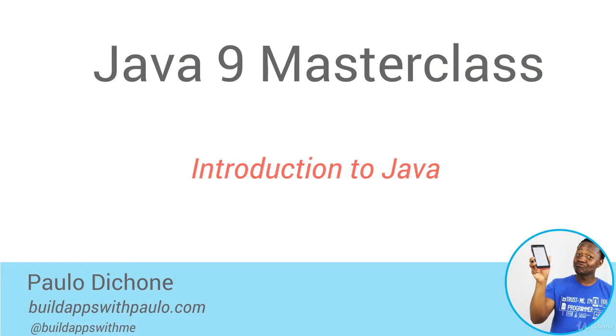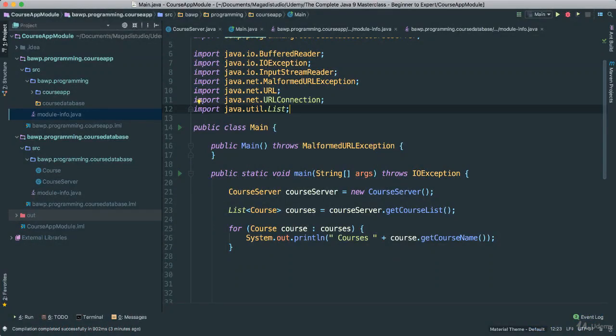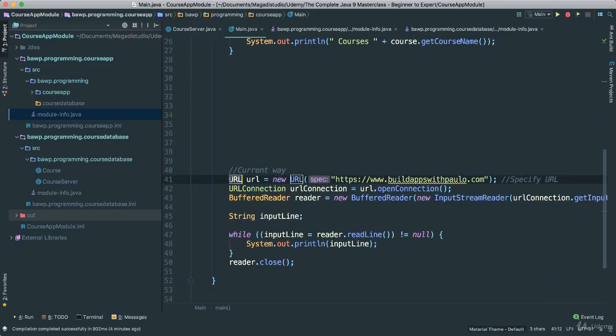Let's go ahead and look at the new ways in which we can create an HTTP client request that is part of the new feature in Java 9. I went ahead and created the old way, or the current way, of doing this, where we create a URL object and pass in the URL specifying where we want to fetch information from. In this case, it's buildappswithpaulo.com, and then we create the URL connection and open it,